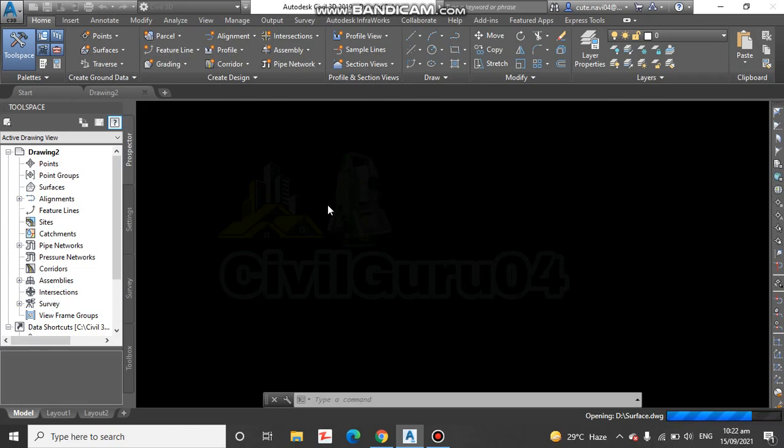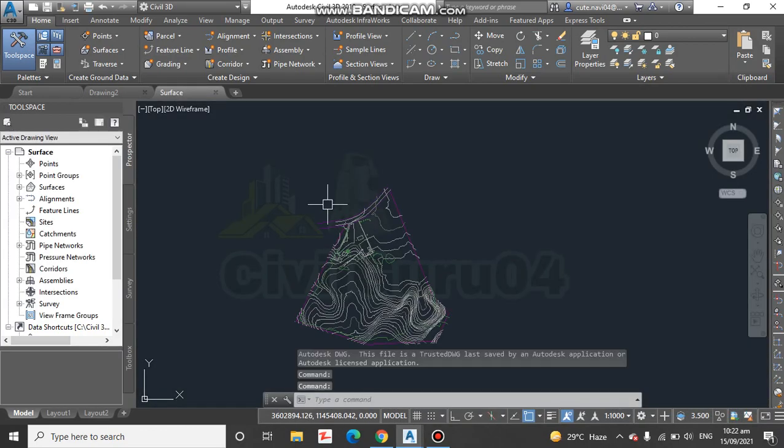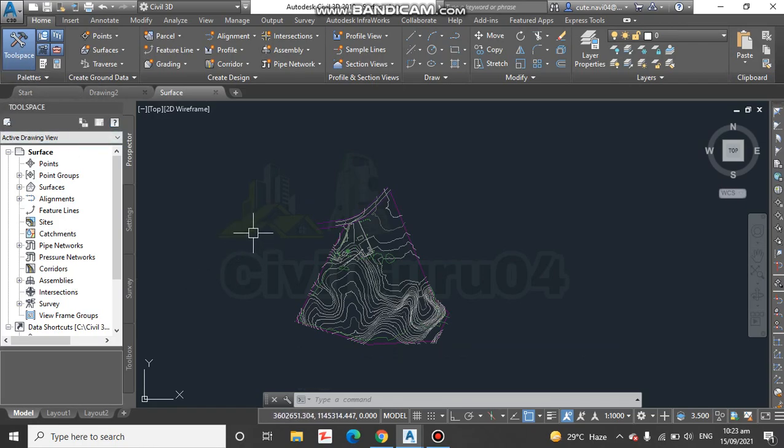Our drawing is opening, the surface drawing. Step number 2, if the tool space is not visible, click tool space on the home tab of the ribbon. We have already opened tool space, so we can move to the third step, on the prospector tab of the tool space.